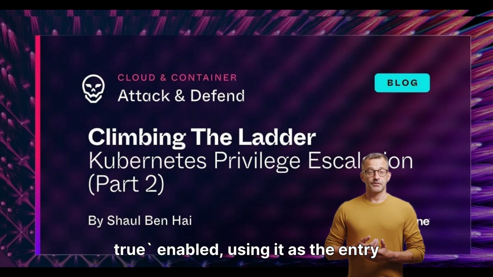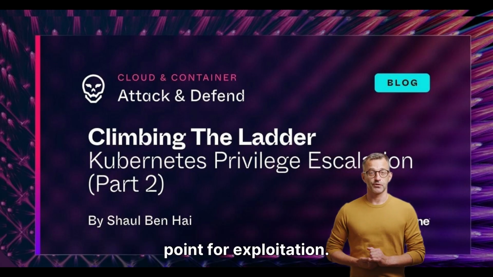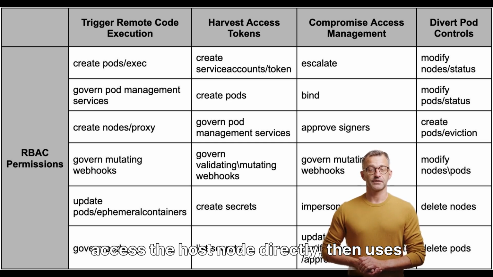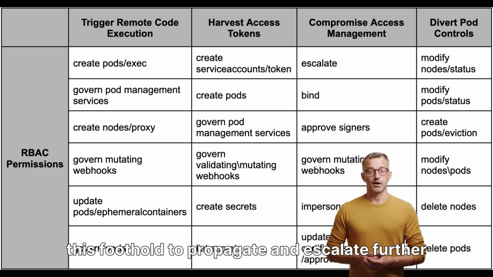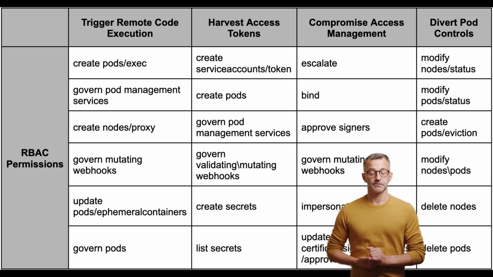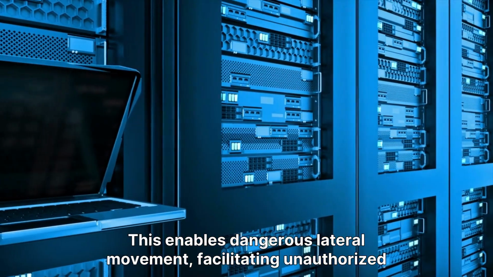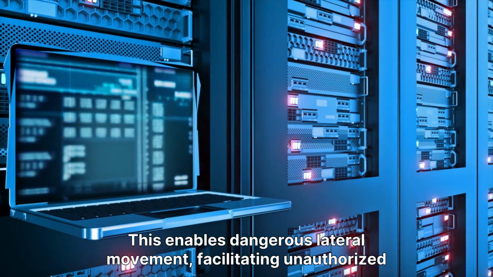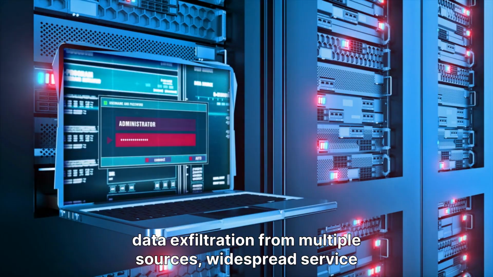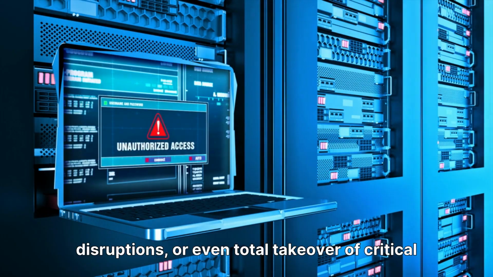Imagine a real-world scenario where an attacker targets a misconfigured pod that has allowPrivilegeEscalation: true enabled, using it as the entry point for exploitation. Once inside, the attacker escalates privileges to access the host node directly, then uses this foothold to propagate and escalate further across the entire Kubernetes cluster. This enables dangerous lateral movement, facilitating unauthorized data exfiltration from multiple sources, widespread service disruptions, or even total takeover of